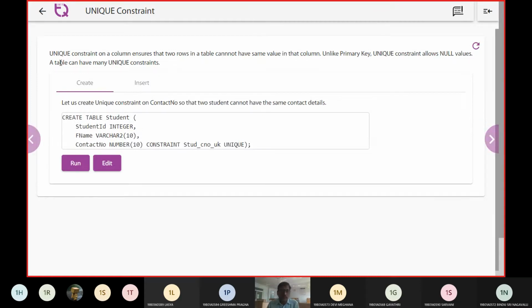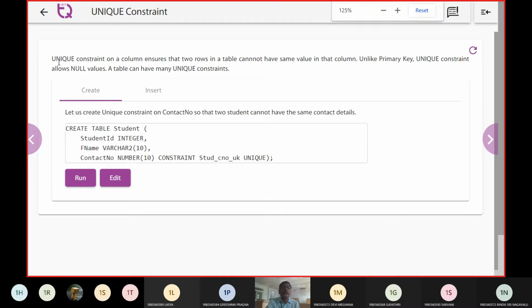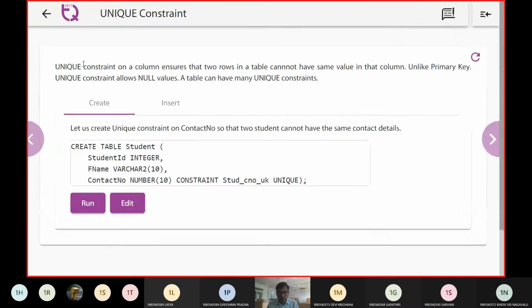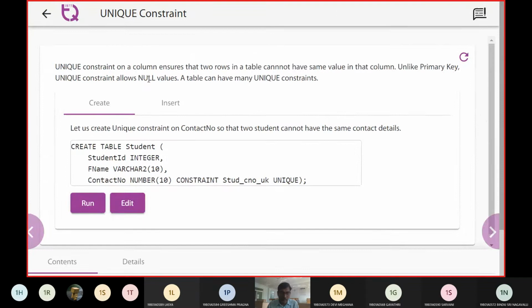So now we do have this unique constraint. So unique, what exactly was that? It is going to be a column constraint, and it ensures that two rows in a table cannot have the same value in a column.